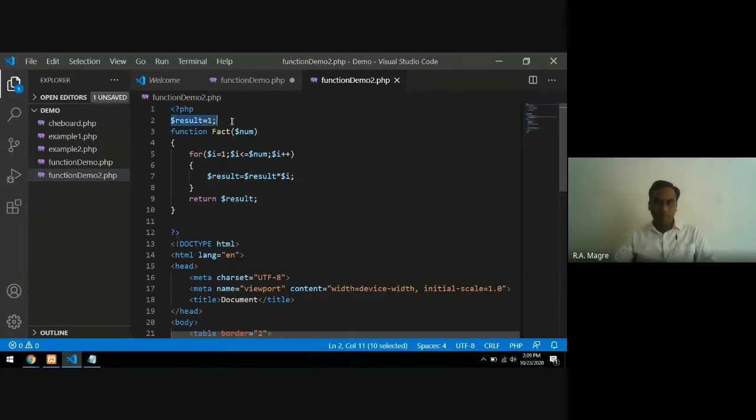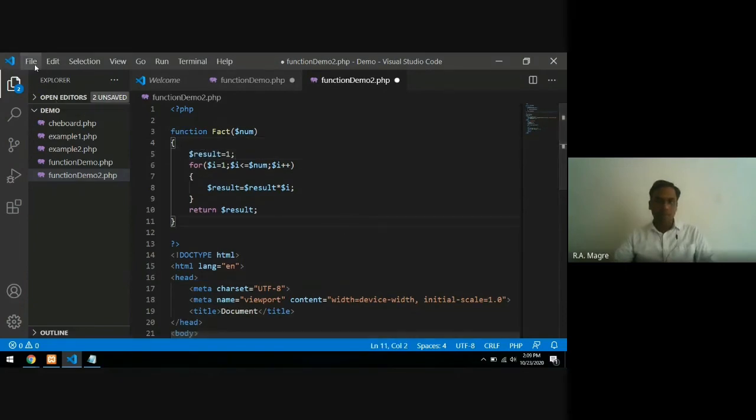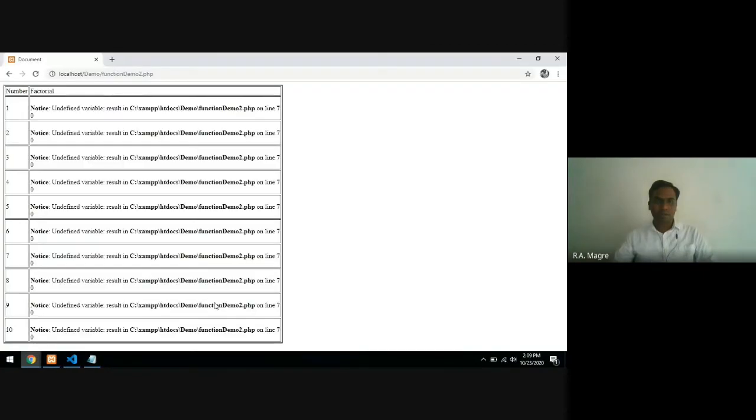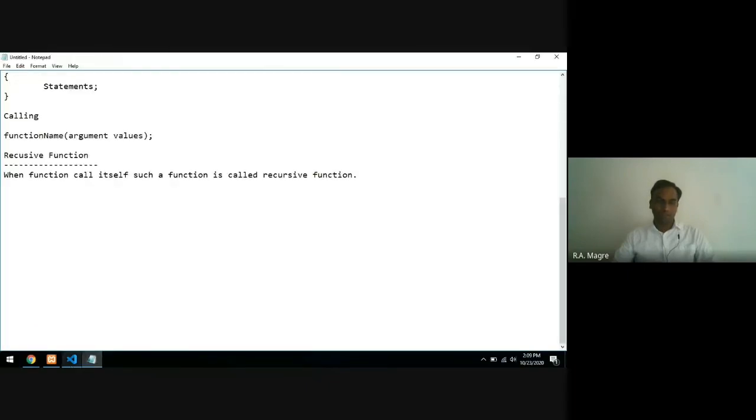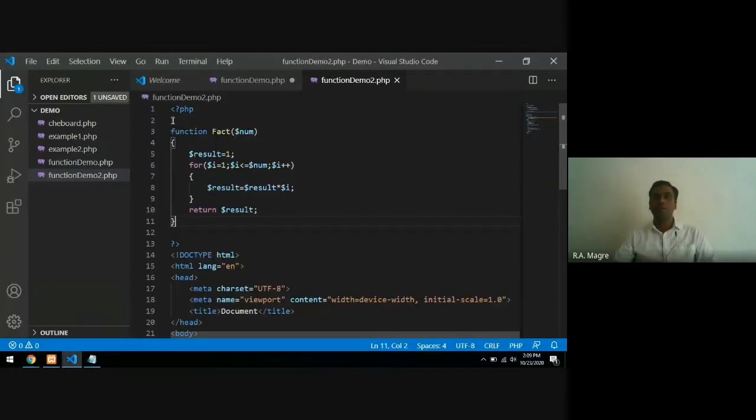You do one thing, put it inside here, save. Yes. Okay. Actually, why did this error come? The result we had taken outside this function block, it was a global variable, right? And in PHP, global variables are represented in a different way that we are going to see in advanced PHP. So that's why it showed undefined variable $result.